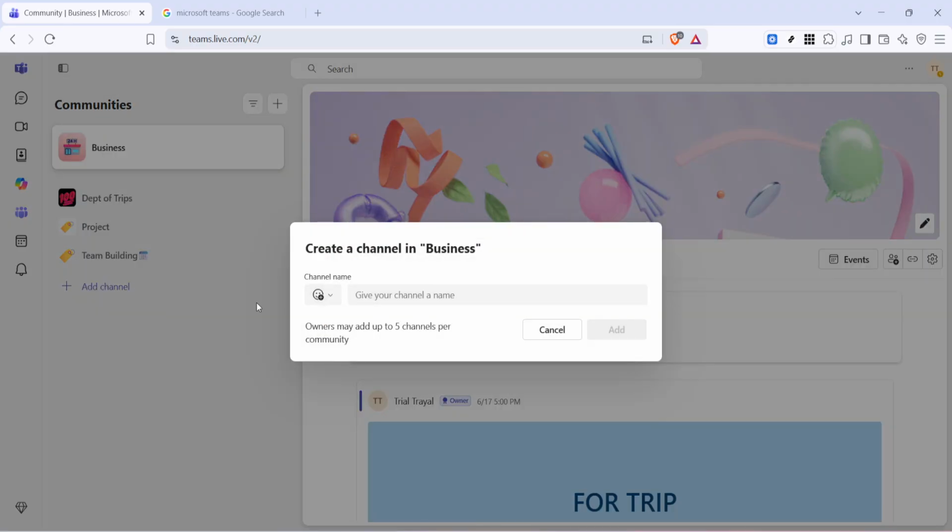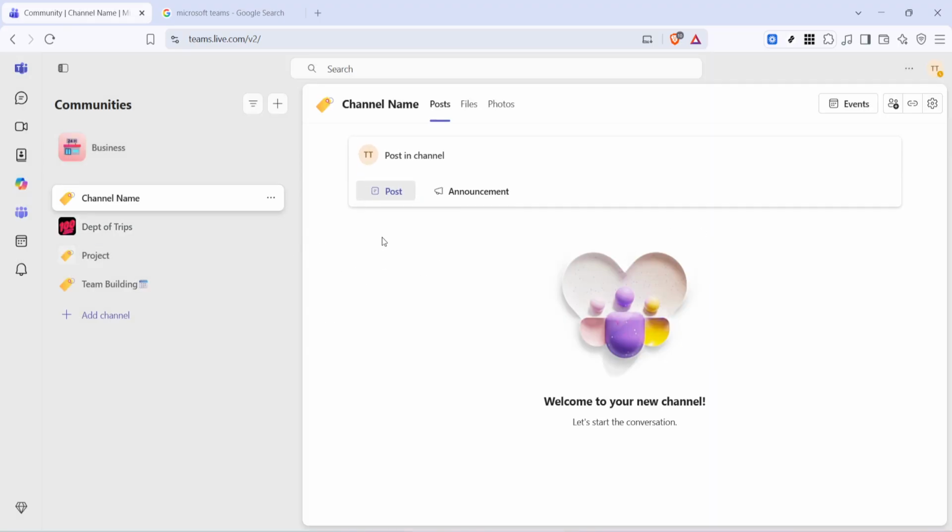In the channel name field, type in whatever you want to call your new channel. For this example, I'm using Channel Name. Click the Add button at the bottom right, and Teams will create your channel, which appears in the sidebar underneath your team name. The channel opens automatically with a welcome message, and you're ready to start posting and sharing files